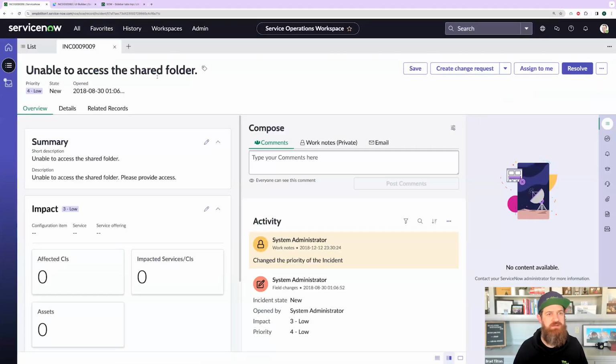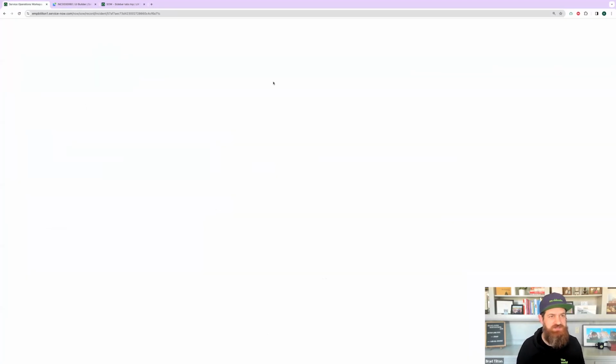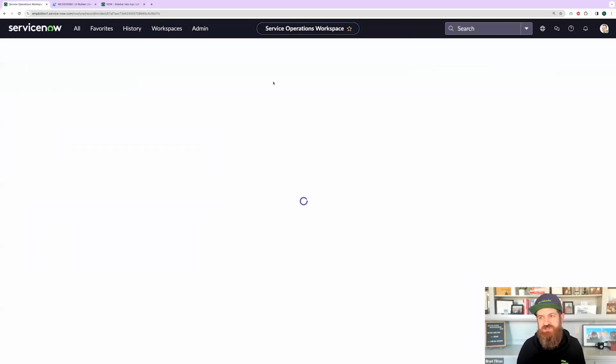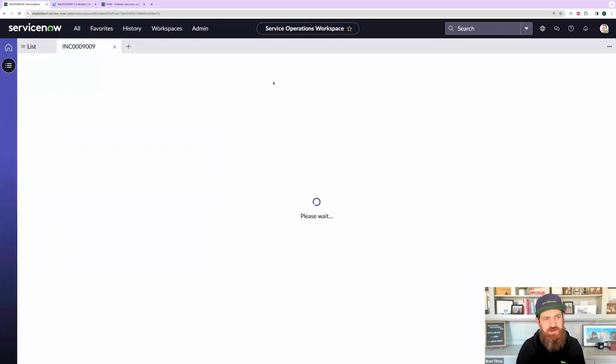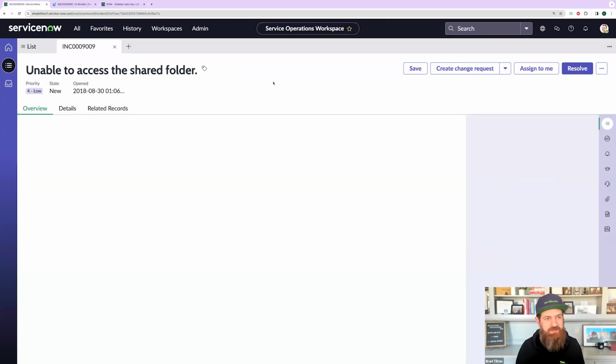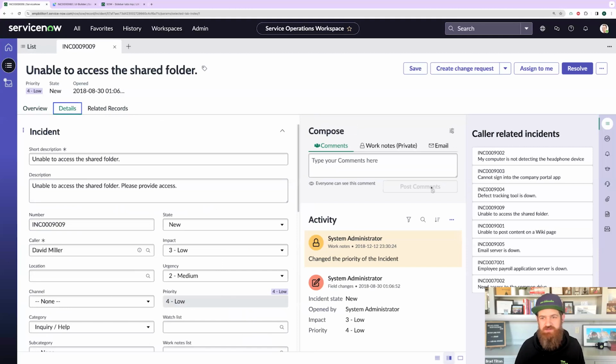And let's go back to this page, and I'm going to do a hard refresh. So I'm going Command-Shift-R, which clears the cache for this page and does a refresh. And so we should see a list of records show up on the right here. Well, it's assuming that David Miller, yeah. So we've got my list of incidents here. We've got David Miller as the caller. So if I click on one of these,